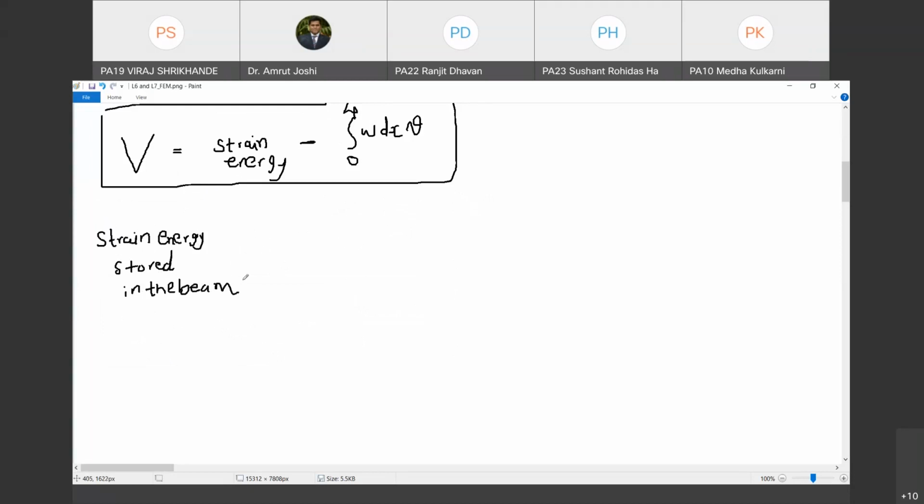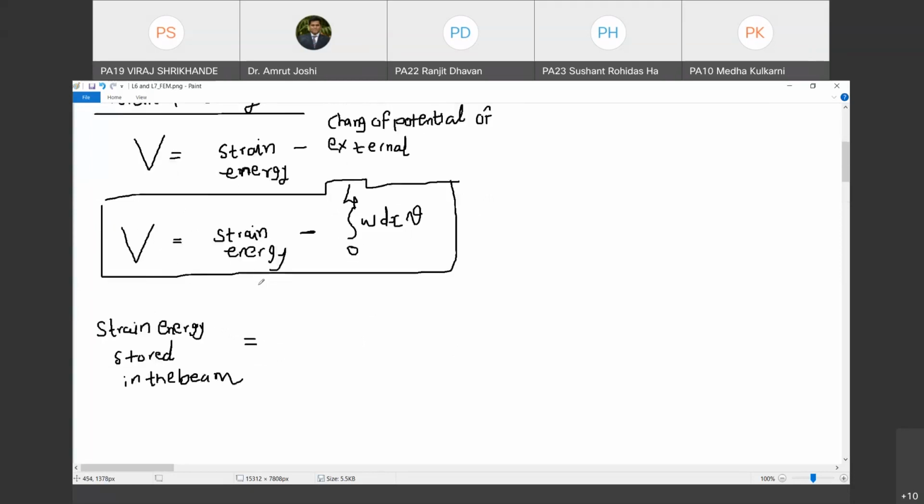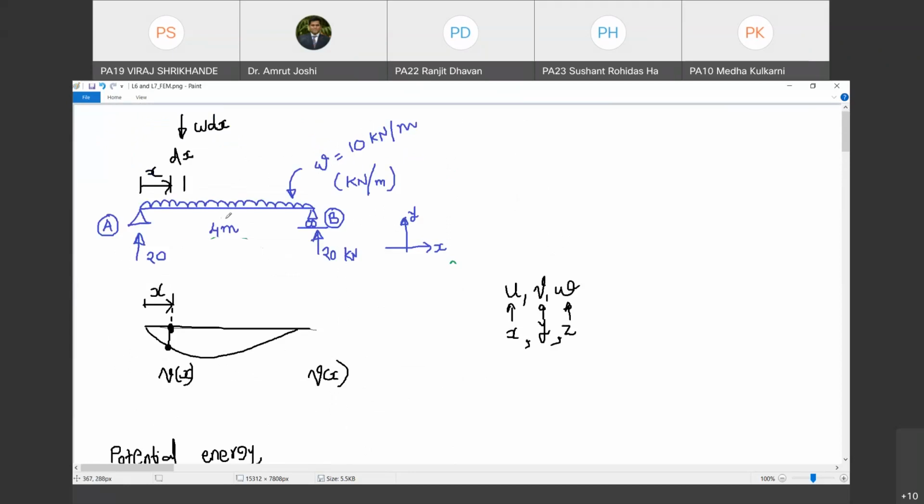In structural analysis, you have already derived the expression for strain energy stored in the beam due to flexure. Mind you, this beam is subjected to two actions typically at every cross section: one is shear and another is flexure. But we have proven in structural analysis that for a beam, under certain circumstances, the strain energy stored due to shear can be neglected, and about 98% of the total strain energy is on account of flexure only.